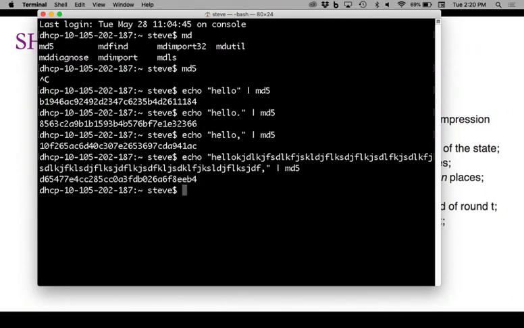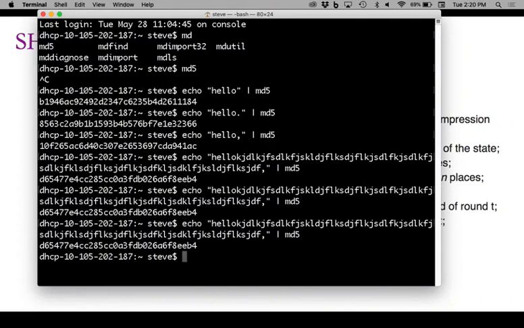Okay, and I can give it really long inputs, and it'll still give me an output that has the same size. So it's basically choosing some value in some really large range. Like this is, I don't know, 128 bits maybe, but if I give it the same thing again and again, for the same input value, it always gives me the same output